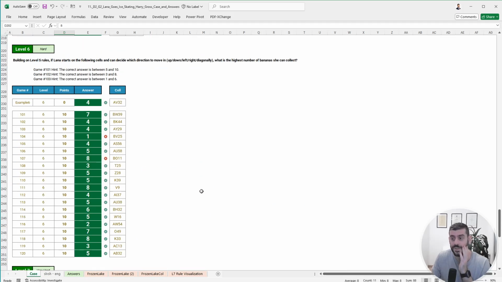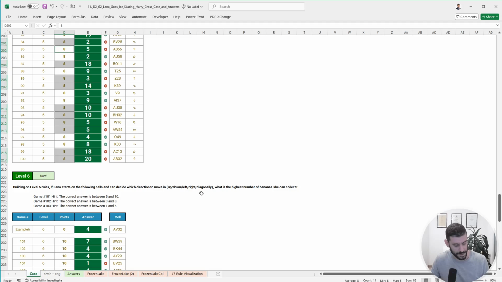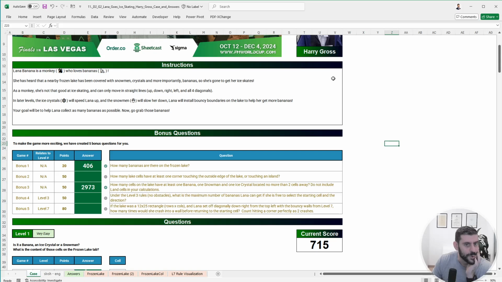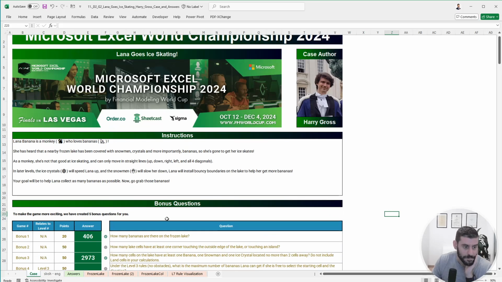Yeah, this is, I mean, a standard case, but clearly more difficult than the average map case. So good job to Harry in using, let's say, common setup and common subject for this case, but making it hard anyway. So I like this a lot. I will come back for a full solve